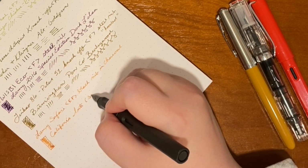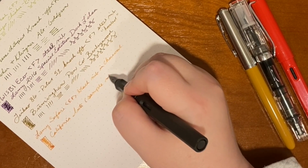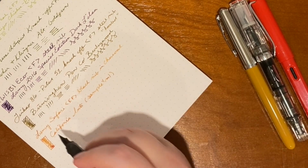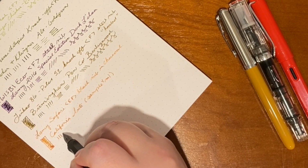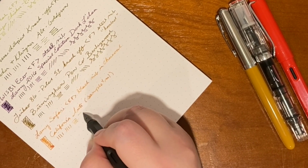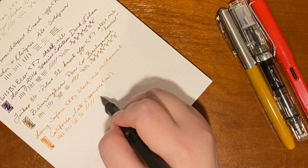And this was just a sample of 4 milliliters, and I just really, this is to me like a really awesome fall color, and I guess